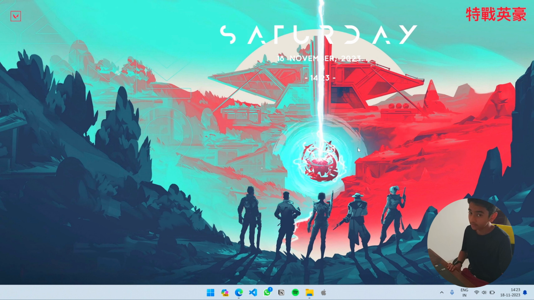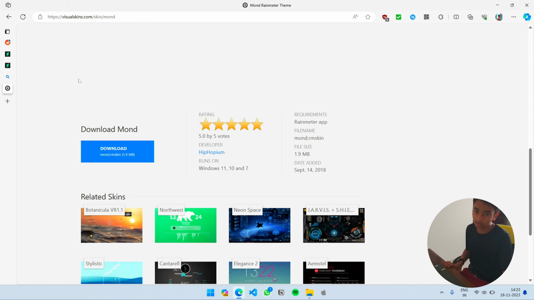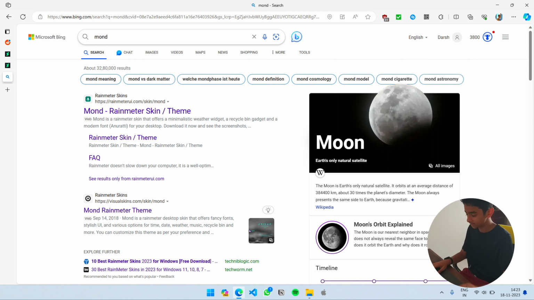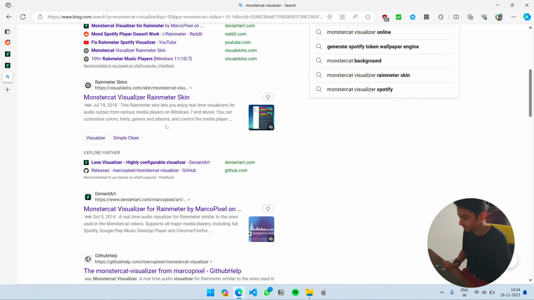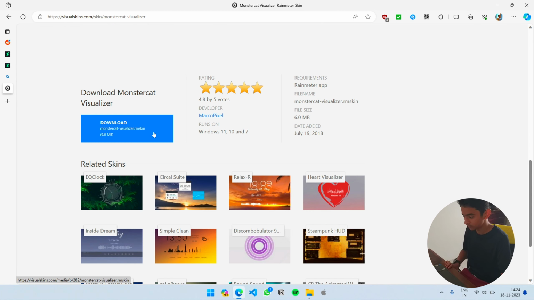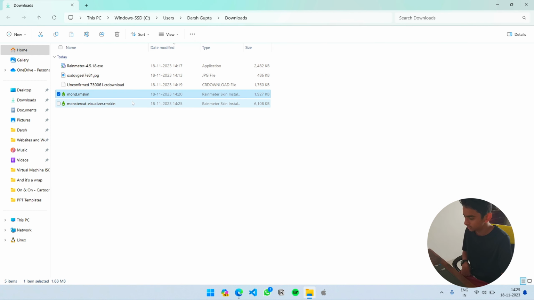You know what would be cooler if we had a music visualizer as well. Like those things basically, if you're playing any music on your screen, it just shows you all the bars going up and down and stuff like that. So I'm just going to install one of them too, because I think that will look sick on this setup. The one that I want to use is called Monstercat, and that is also a very popular one that you see on a lot of Rainmeter setups. So Monstercat visualizer. So I'm just gonna click on this one, press download over here, then just run it again,